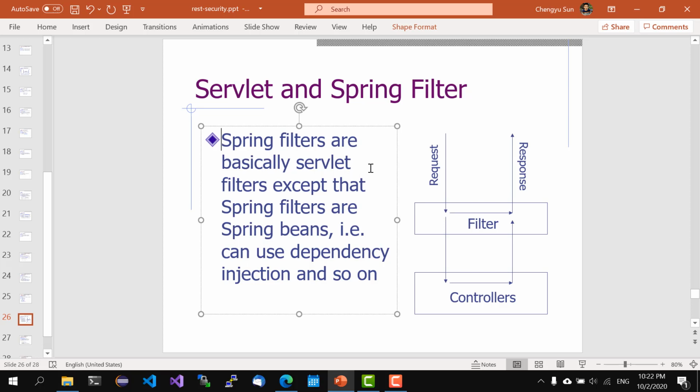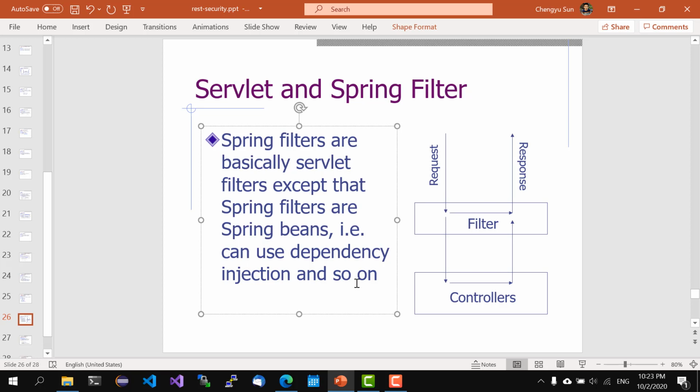So without using Spring, you can have filters in a Java web application. Spring has its own filters, which are essentially the same as servlet filters, except that Spring filters are Spring beans, which means you can do dependency injection and so on. So if you use a filter, it's better to use a Spring filter that has more